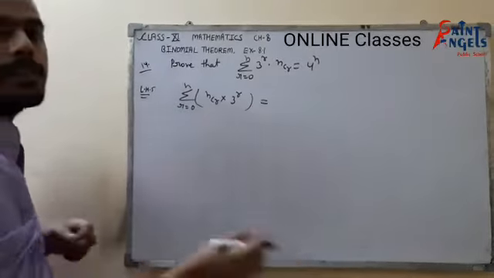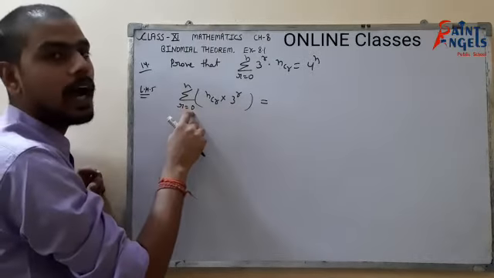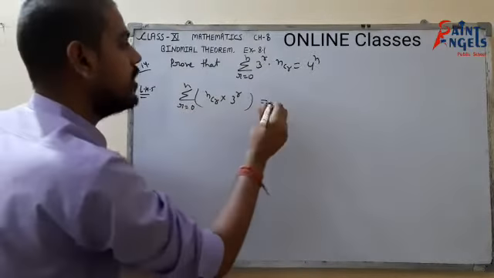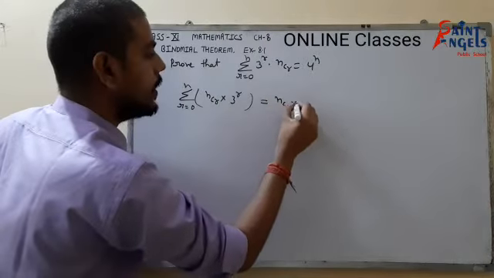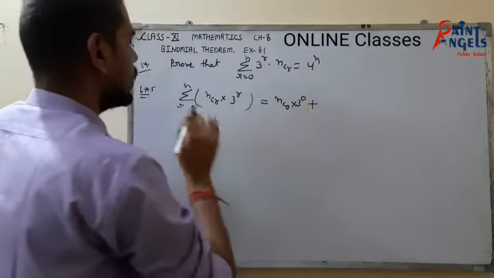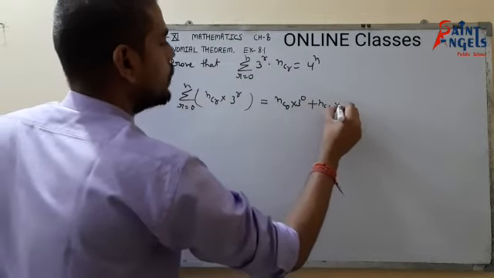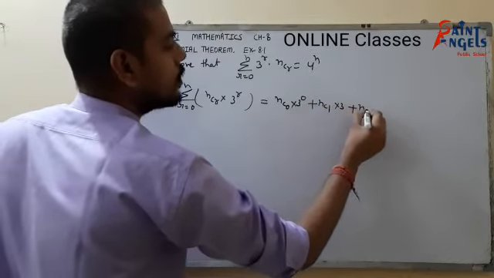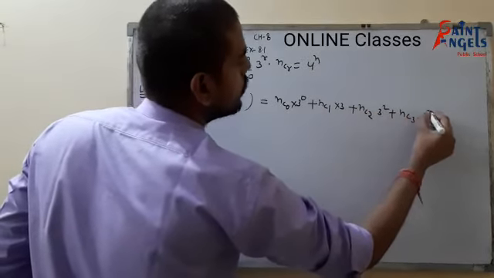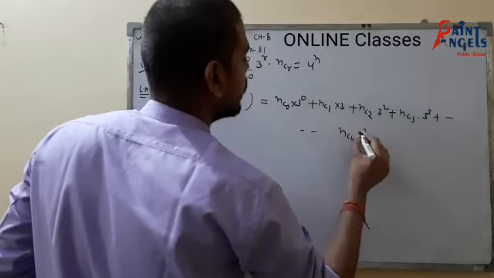So how do we open summation? We'll start from the values of r, so it is from 0 to n. So first of all we will put r equals 0 over here. So it would be nC0 into 3 to the power 0. Then plus, we will put r equals 1. So nC1 and 3 to the power 1, it means 3. Plus now put r equal to 2, nC2 3 to the power 2. Now nC3 3 to the power 3 plus up to n. So nCn 3 to the power n.